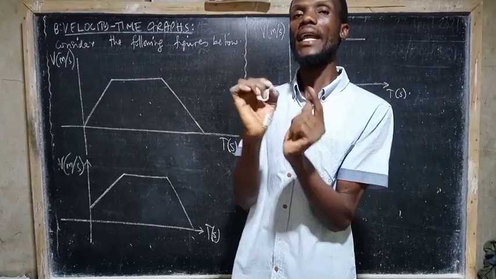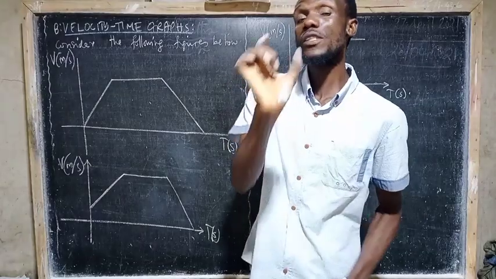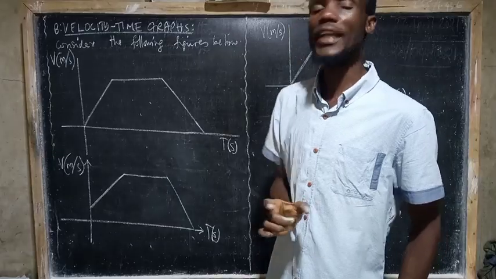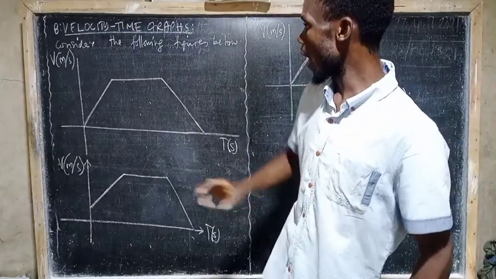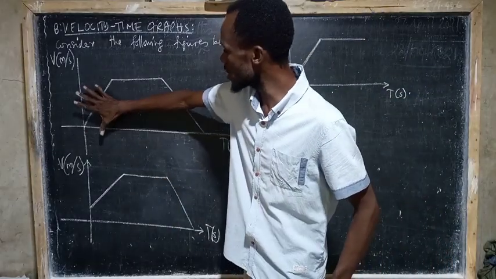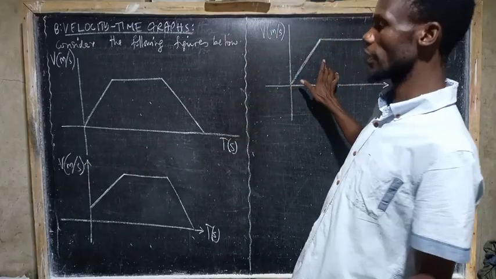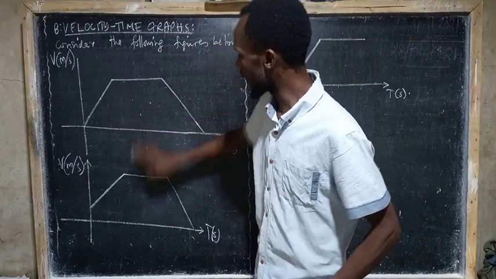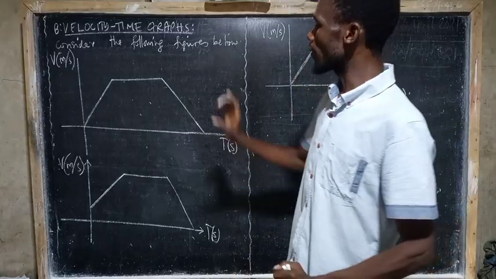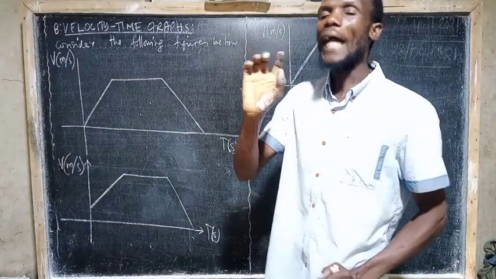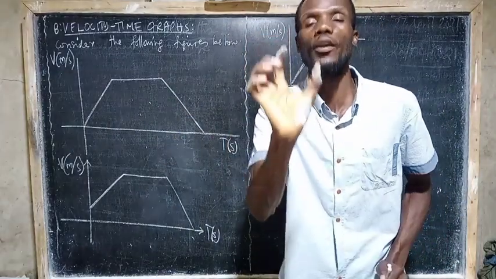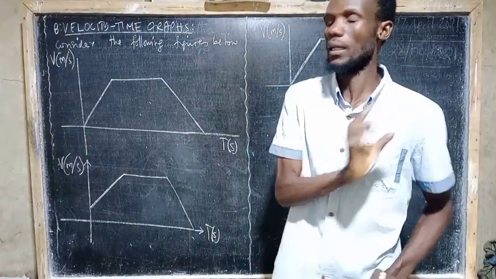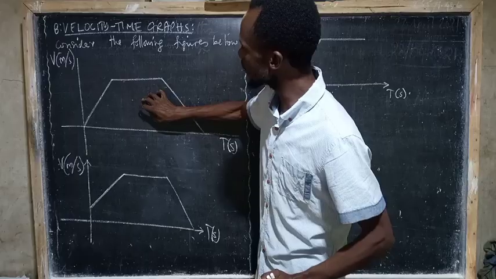And when you look at the graphs, you have something that you have to remember as a student, and you have to understand. Consider these 3 graphs that I have drawn here. When you look at these 3 graphs, there are 3 of them. They have different shapes, and every shape has its unique meaning. And when you look at the first graph,